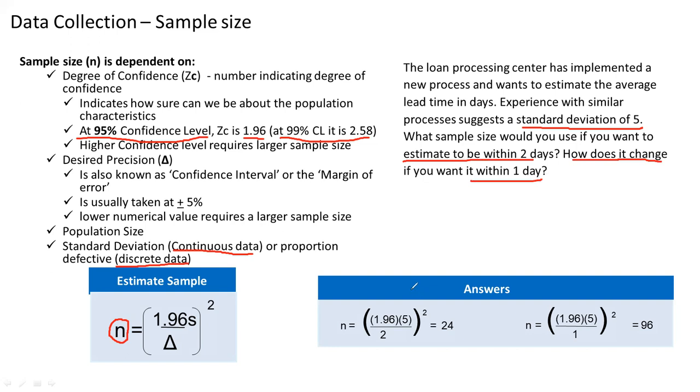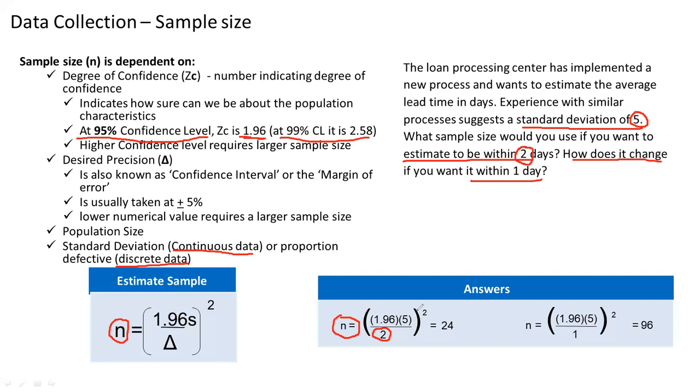So when you calculate the sample size, the number of samples at a degree of confidence, which is 1.96, and the margin of error is 2 with the current standard deviation of 5. So degree of confidence times standard deviation, divided by the margin of error. Degree of confidence for us is 1.96, which is the 95% confidence level. Then the current standard deviation of the process is 5 and the margin of error is 2.